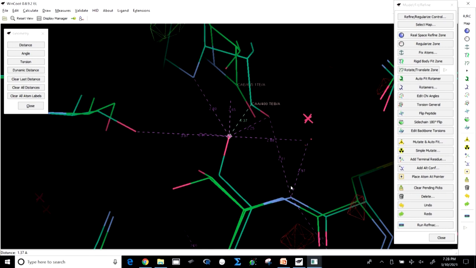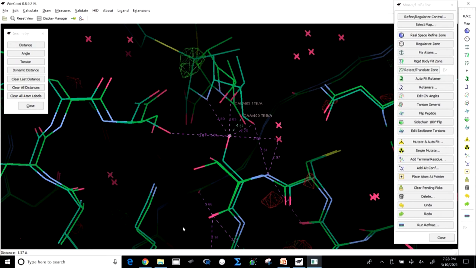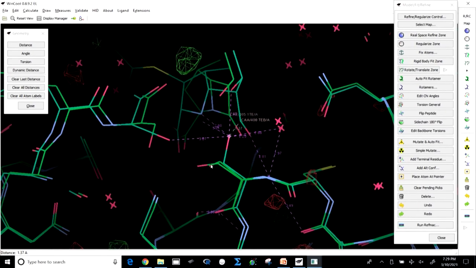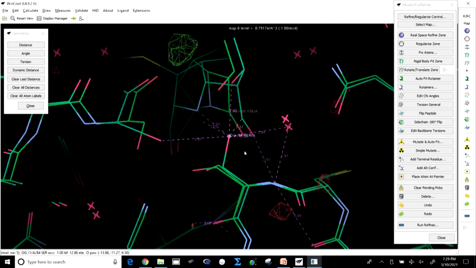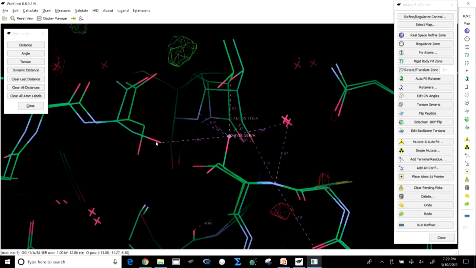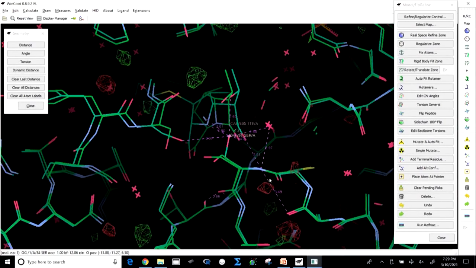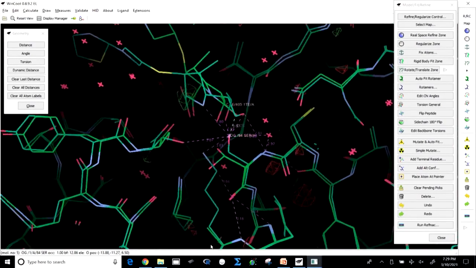Now, understand what I am saying. When the serine is interacting and forming a covalent bond, it is in one conformation, whereas when it is not forming, it is in another conformation. Why? The answer you will get if you look at this interaction of this serine, you will see that